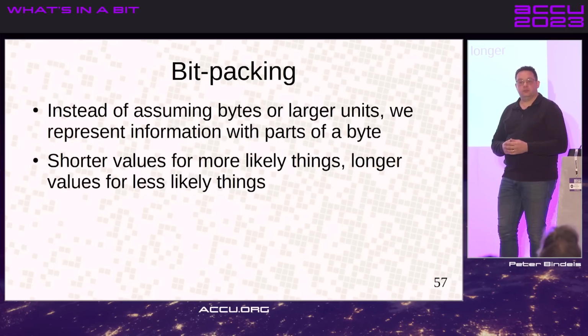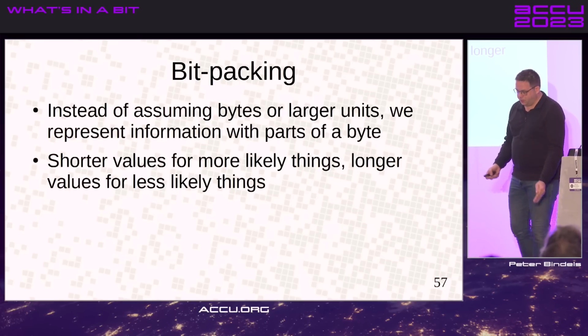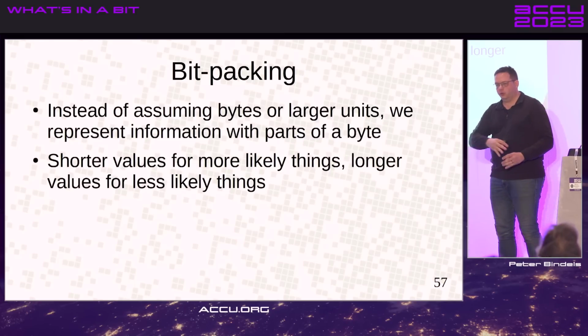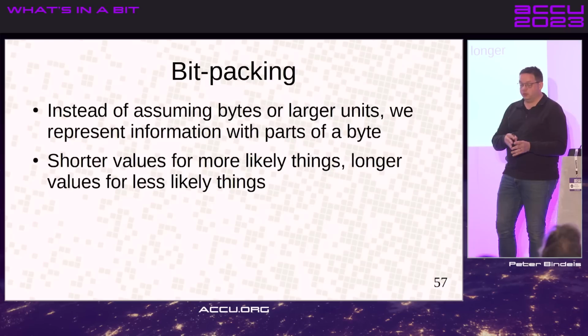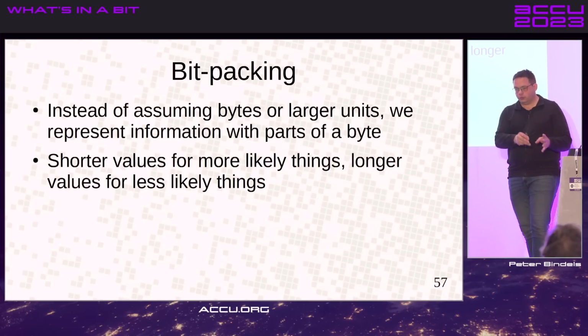We can use binary code, but we'll have to make our own. Morse is not going to work. So what we're trying to do now is, instead of assuming that we take a byte and we decode it into something valuable, we'll take some number of bits. And that's where the complexities start. We don't know how many bits. But we're trying to use shorter values for things that are more likely and long values for things that are